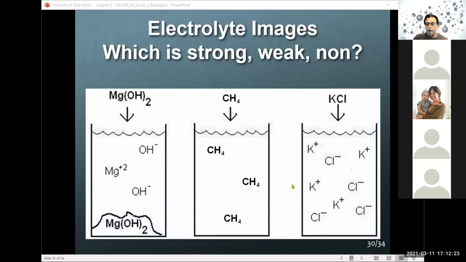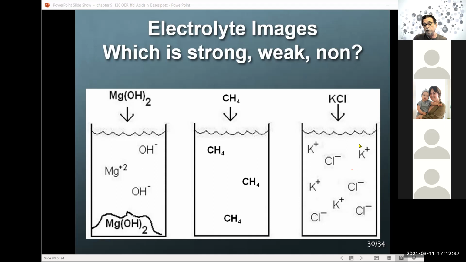All right, so here we have 3 images. Some of these we talked about already. They ask you which is strong, which is weak, which is not. I think you can see already the first one, okay? You have a big chunk of magnesium hydroxide at the bottom. That should tell you that you have a weak electrolyte because we only have one pair of ions in solution